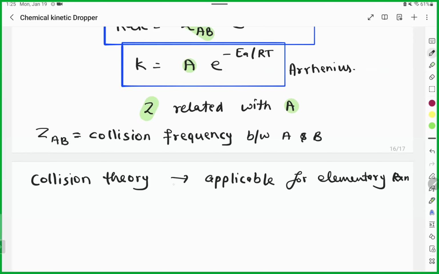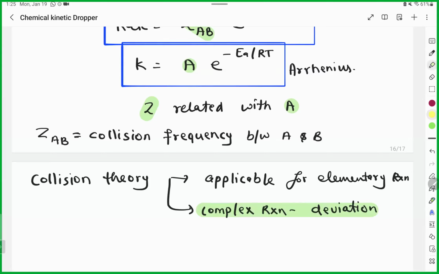But if you see the complex reaction, then you will see a lot of deviation. This is not applicable. That is what I am trying to convey. Collision theory is applicable in case of the elementary reaction, but not in the complex reaction because their way